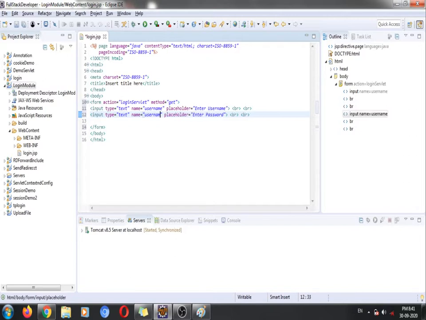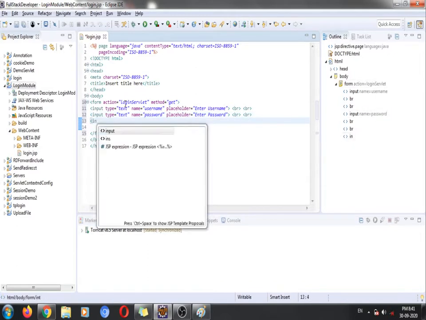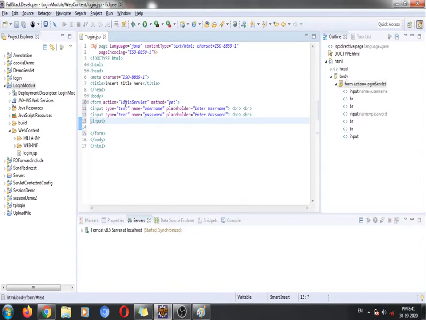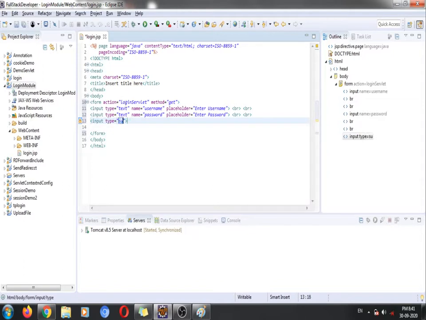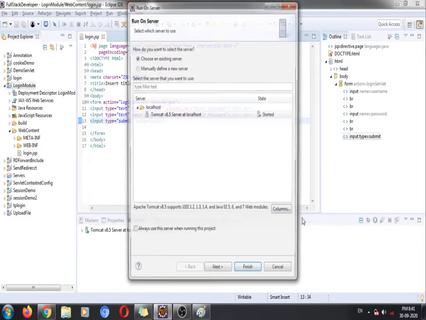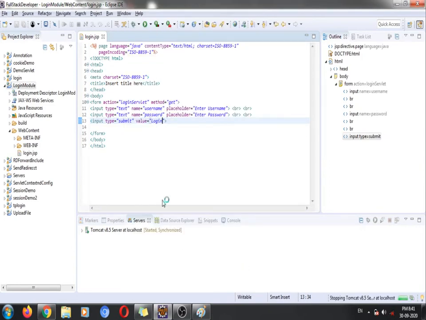Okay, so now the text field name is pass. Now after that, we need to use one button, right? So now we are going to use the submit button. Fine. The value of that particular button is nothing but login. Fine. So this is what we got here. So if I run this code, and if you see, we got this simple form here.